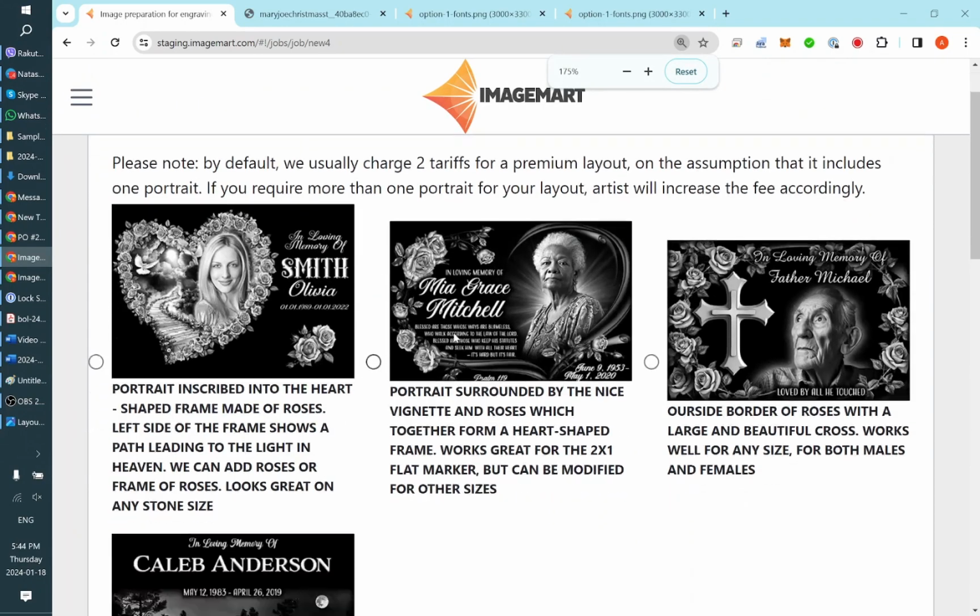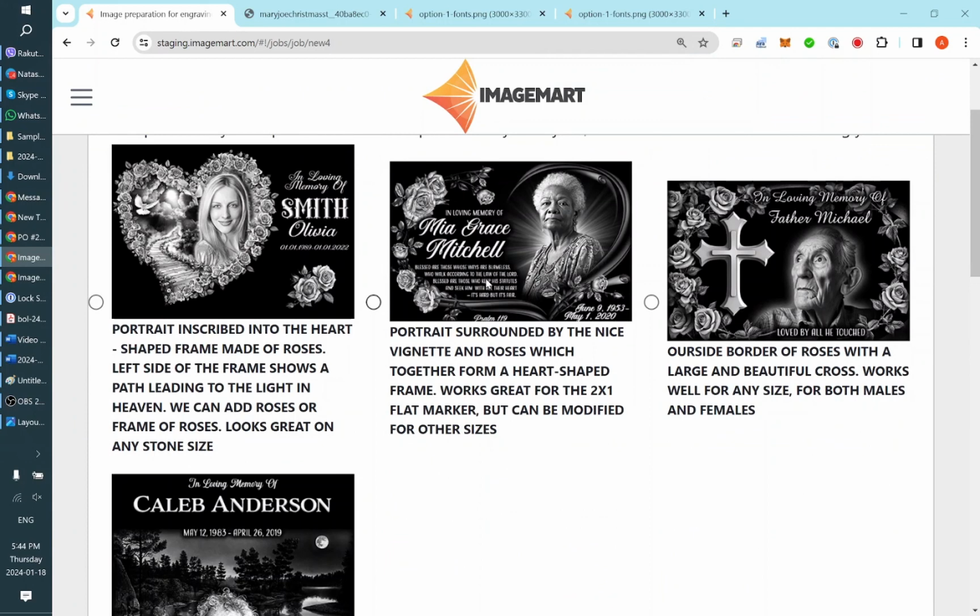Basically, premium layout is a combination of, in most cases, portrait, but it can also be text only, that is combined with different other designs. So, for example, this one combines portrait with the heart-shaped frame of roses. On the left side of the portrait, there's a stairway, or path to heaven with doves. And on the right side, you can fit the portrait, plus any kind of text and any kind of different